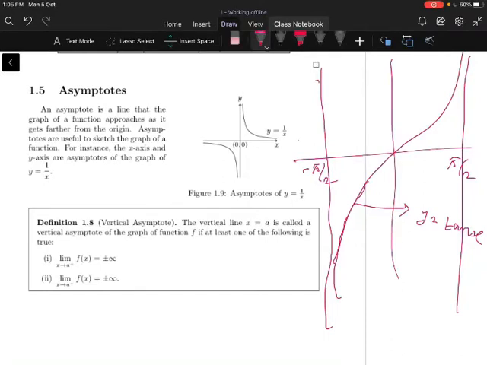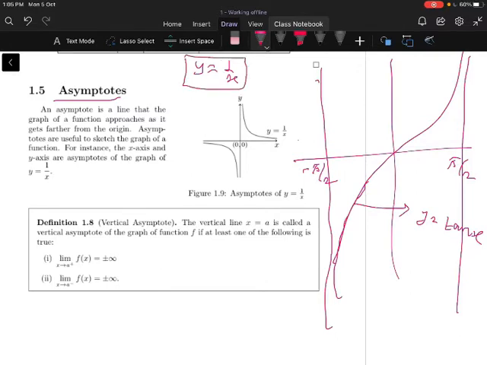Students, in the previous video we have seen the concept of the local extreme values by using the second derivative test. Now let us move to the concept of asymptotes. An asymptote is a straight line which meets the curve at infinity. So for example, you take y is equal to 1 by x. For this function we can have the asymptotes.